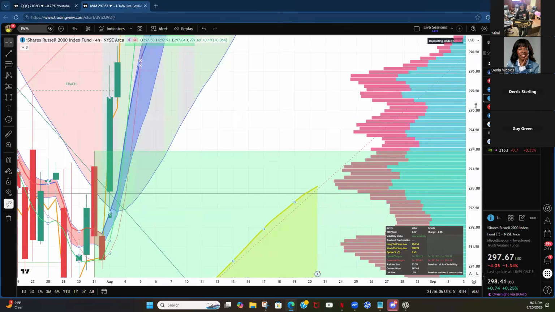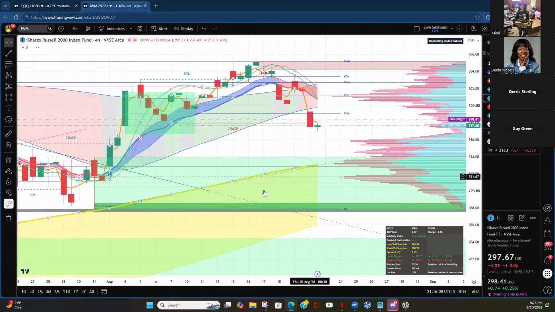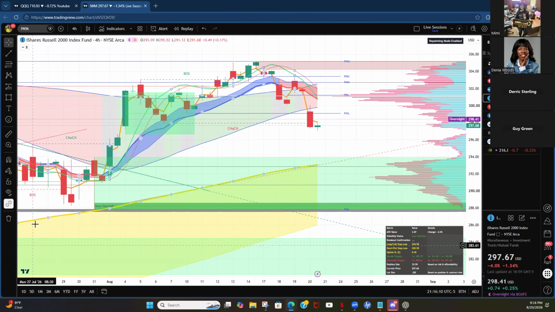Yeah, it barely did anything. It didn't touch it. So maybe this time it actually connects. But as you can see, the 200 is just moving with price up. So it's really just trying to catch up to price. And so what you want to see is once it connects on the 4 hour for sure, it holds that